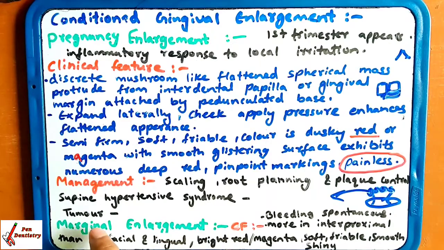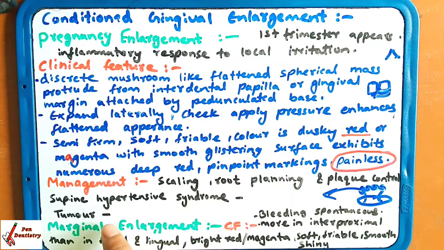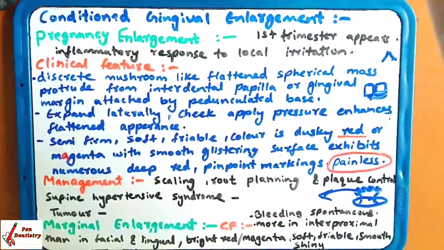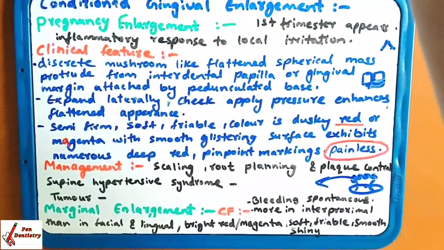When there is a tumor and the tumor has enlarged, then surgical excision is done after the birth of the baby. And according to the patient's desire, you can also remove the tumor if there is an excessive mastication problem occurring in the mouth. So at that time, according to the desire of the patient, you can remove that tumor.